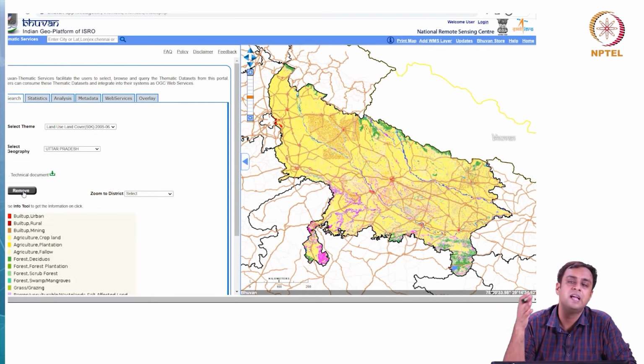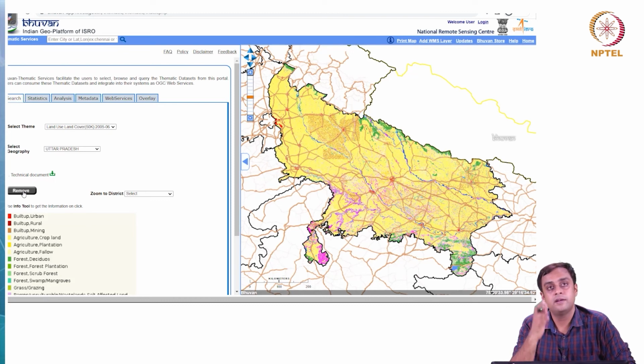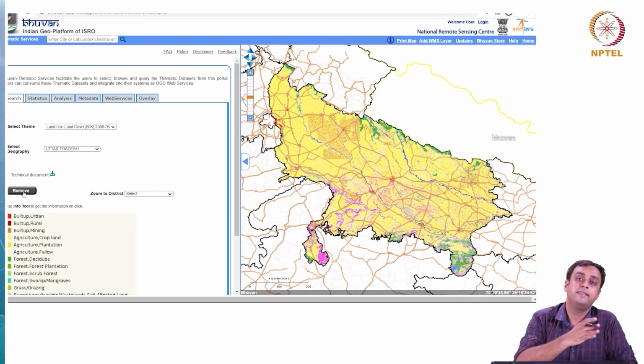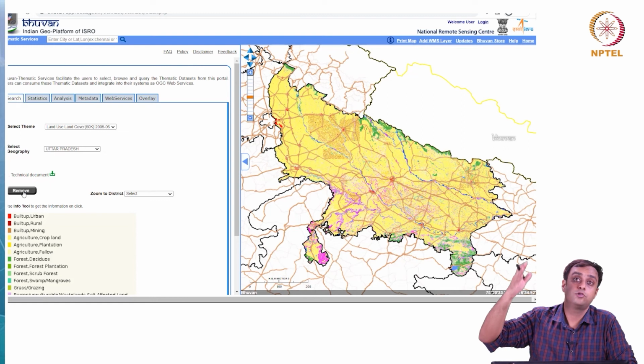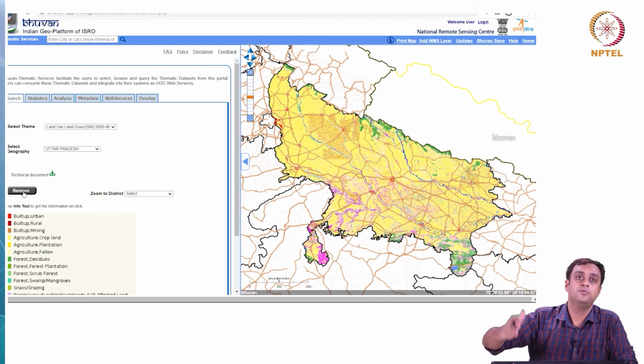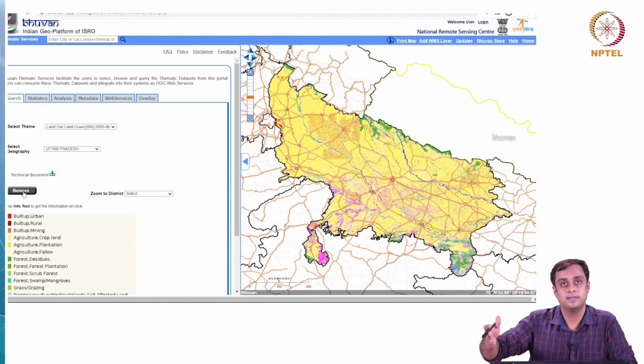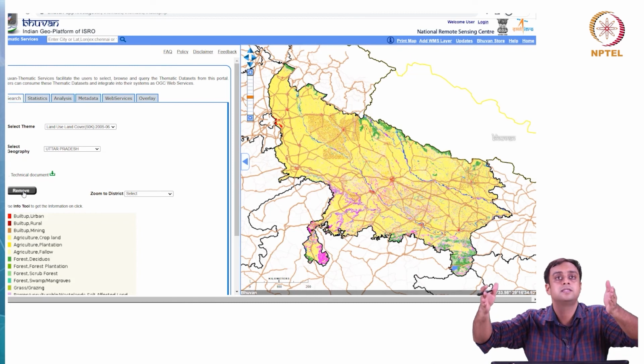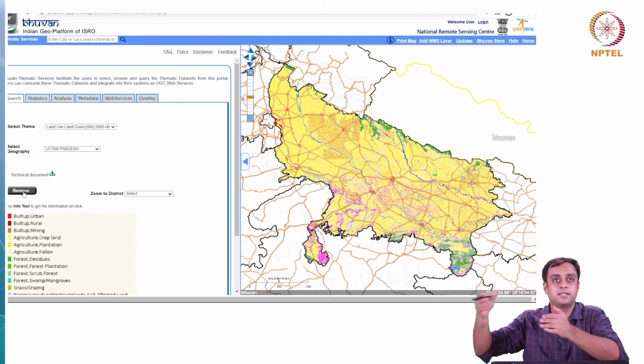When we say 2005-06, it is the cropping calendar of India. That starts right at the time the monsoon comes, that is May or June of every year, and then goes to the next year, that is 2006, just before the monsoon, let us say till April of 2006. So, May 2005 to April 2006 is what is called 2005-06.